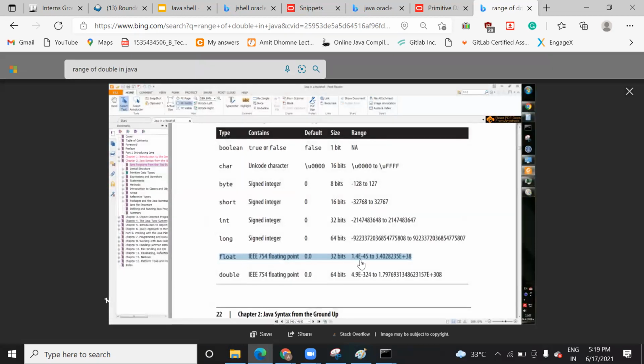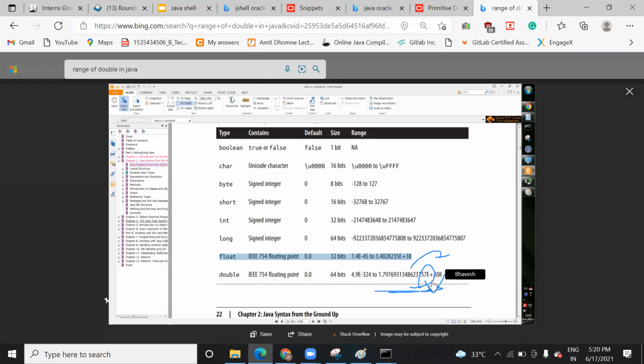Yeah, see this. Most of the data type, this is float, but this is double also, right? E minus 324 means 4.9 into 10 to the power minus 324. Similarly, you can write it down like this also, but see why they have used E here. There is no number after that. E, they have used it so that you can represent it as 10 to the power 308, that is plus 308.